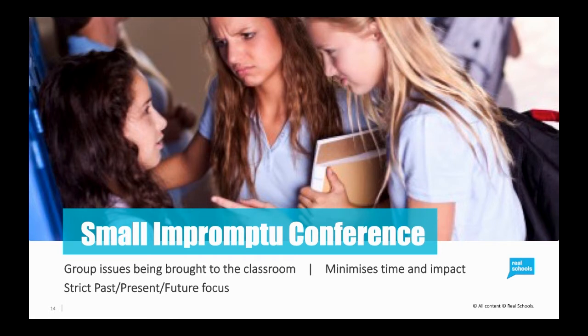We had divided the box on the whiteboard into three sections: P3, P3, F3. Instead of me spending an hour listening to all the problems and helping them dig further into the past, and thereby further from an opportunity to do something about it in the future, I said that I would give them three minutes for the past, three minutes for the present, and three minutes for the future. And that's all.